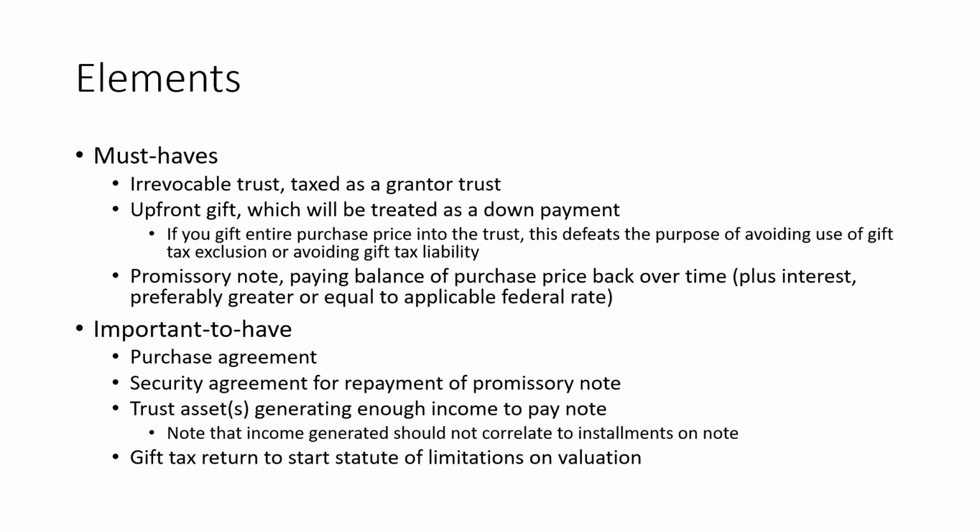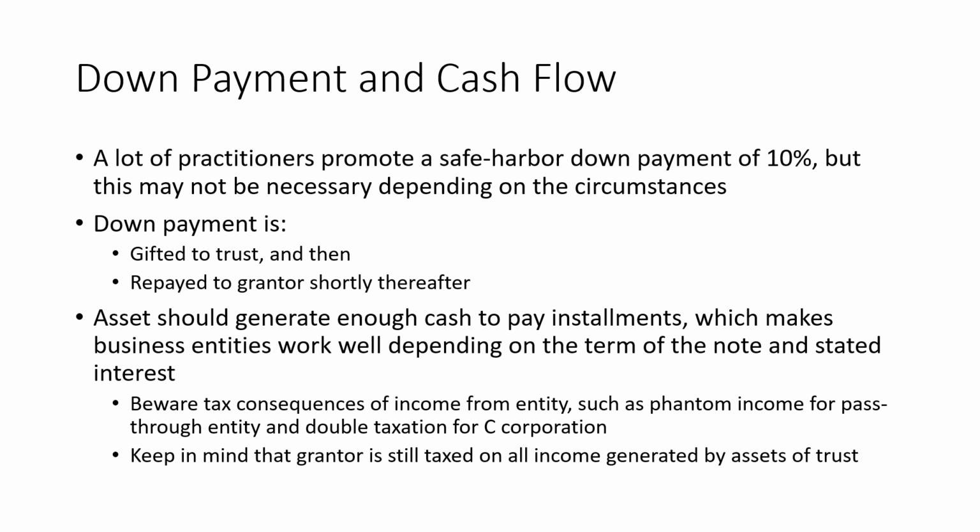Then you want a promissory note that pays back the balance of the purchase price over time with interest. Now, some important-to-have elements are a purchase agreement, a security agreement for the repayment of the promissory note, so that there is an enforceable obligation if the trust doesn't pay back the grantor. You'd also want trust assets that generate enough income to pay the note, but not necessarily an income stream that directly correlates to the value of the installments on the note, because that could be treated as a retained income interest by the IRS. Then finally, as we'll see towards the end, it's helpful to have a gift tax return. Even if you're trying to avoid that filing obligation, you want to make sure you can lock in the valuation